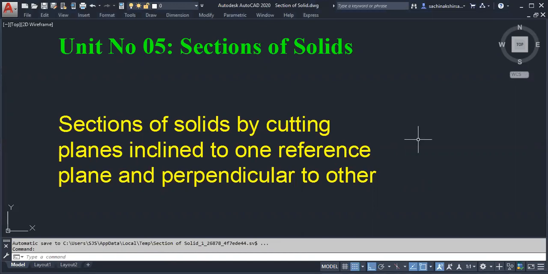In case of prism, the periphery is bounded by rectangular surfaces. And in case of pyramid, it is bounded by triangular surfaces. Two types, prism and pyramid. And in case of tetrahedron, how is it bounded?